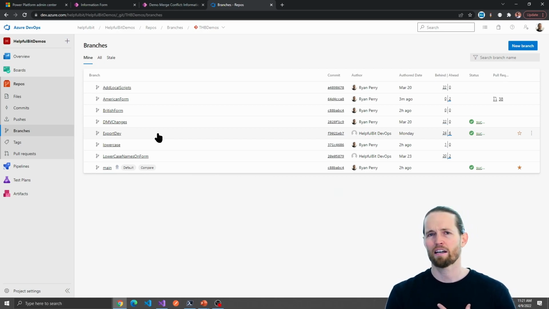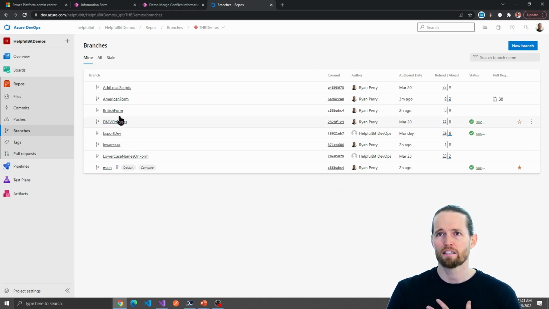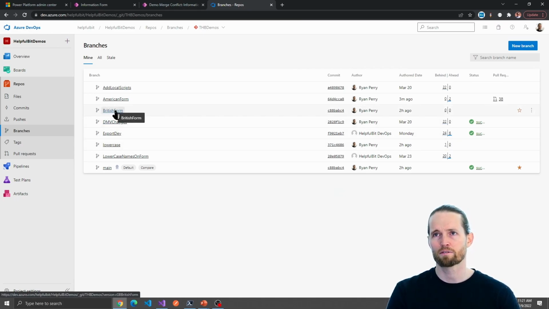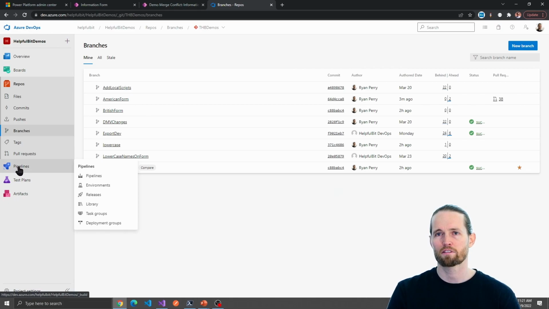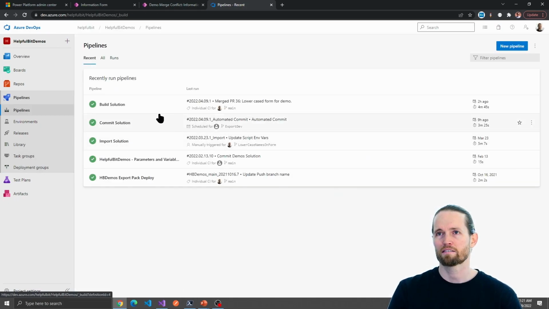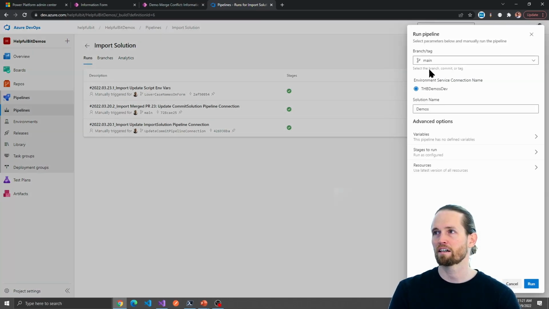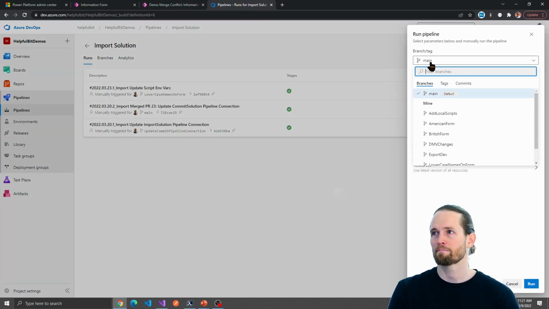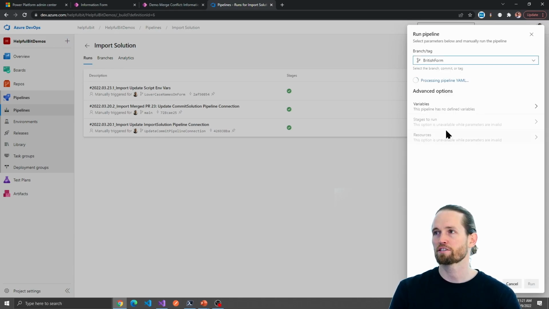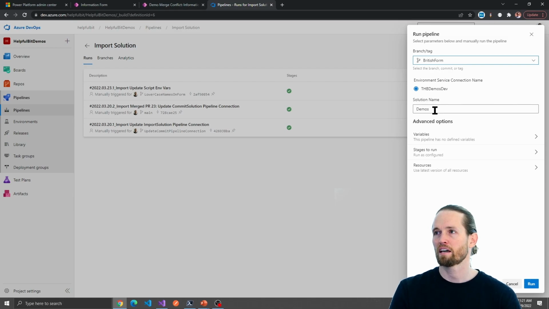Now, I don't know how to do this in code, so I want to be able to do this in the environment. Instead of going through all that hassle with the command line, they're going to come over to pipelines and say, all right, I want to go ahead and import this solution because I just copied it from main. So I'm going to run this pipeline right here. Going to click run, and let's go ahead and grab my British changes, my British form version,